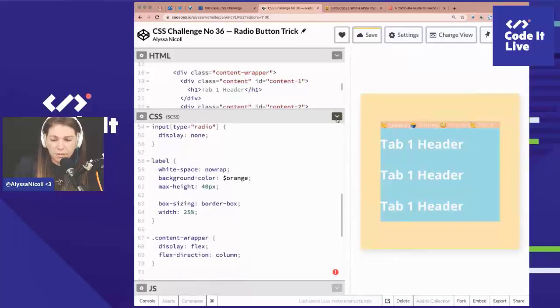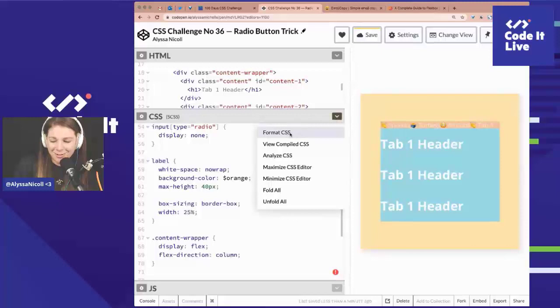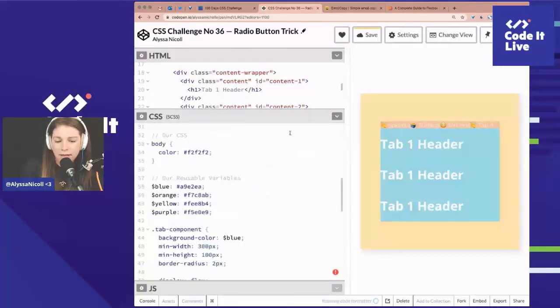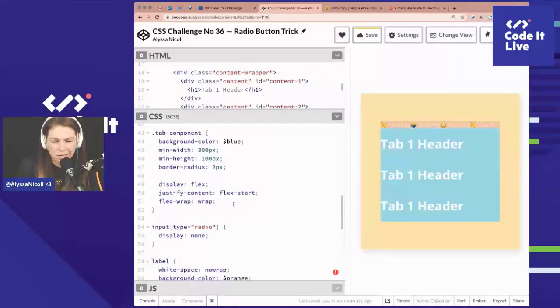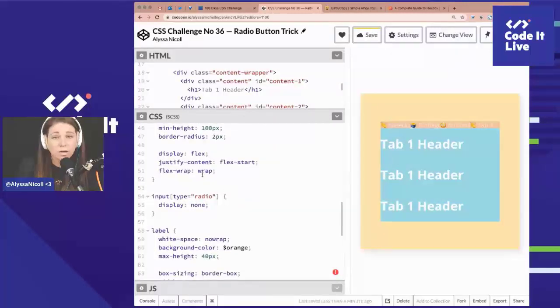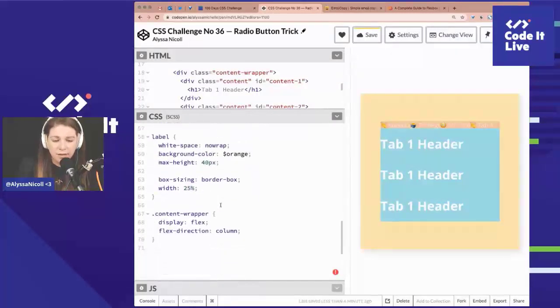And there's also this button, Format CSS. When I did a class last week, if you want to, you can let Flex calculate the label widths like you were doing before, giving just the content wrapper 100% width. Should be enough to force it on its own row. It's a really good idea. I love that. I think that's beautiful, and that's exactly what we will do. So we still want to say display flex. Flex starts fine. We do want to wrap. And now instead of giving the labels a specific width,